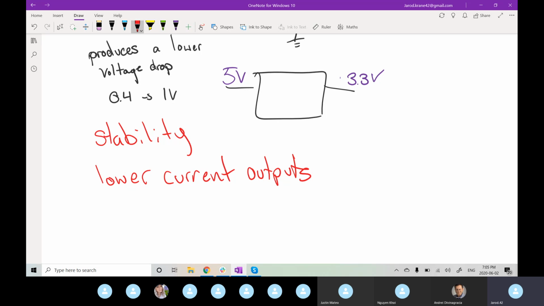Again, because it's not running the Darlington pair, or even if it is running a PNP Darlington, the output current, the output power from that will be lower compared to that of the NPN counterpart. So we won't be able to see as high of currents flowing through our device,